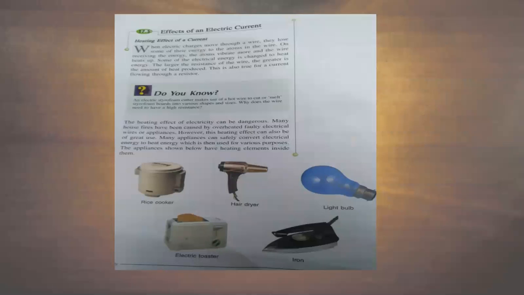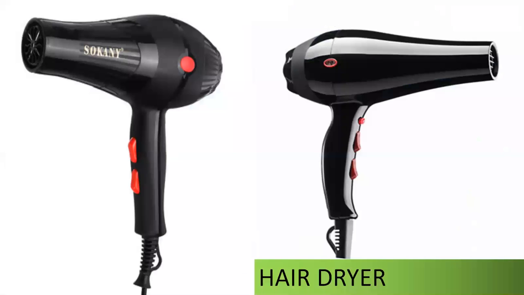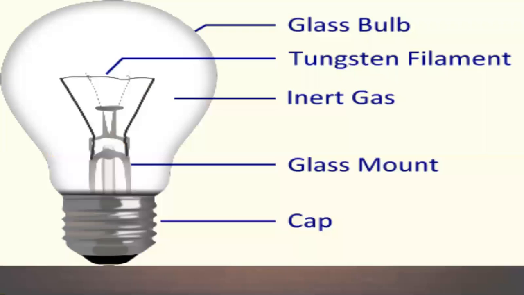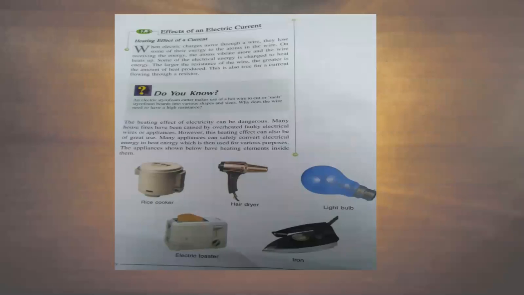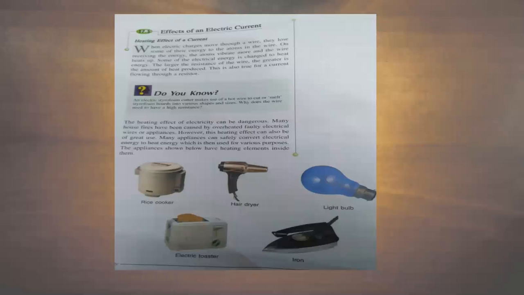Yes, these are the appliances. Just wash them, then we will talk about them. This is a rice cooker. This is a hair dryer. This is the light bulb. It is a common iron and the electrical toaster. Right? These are the appliances